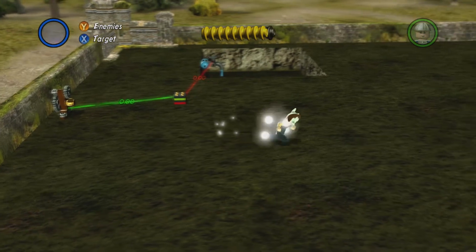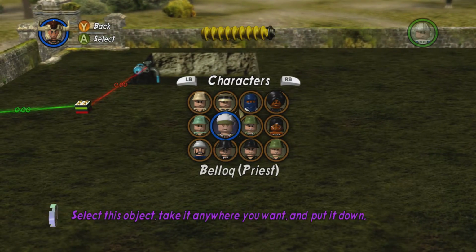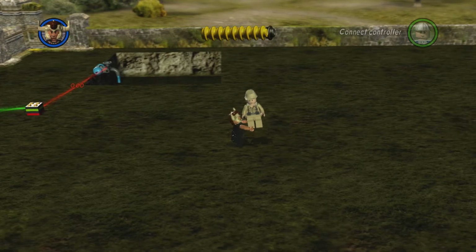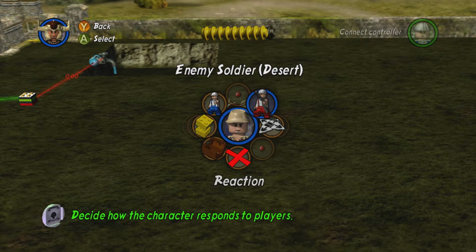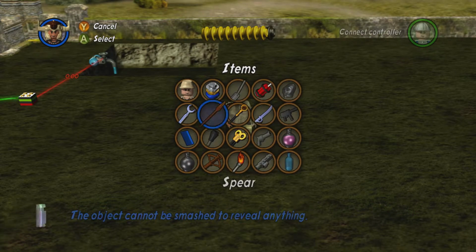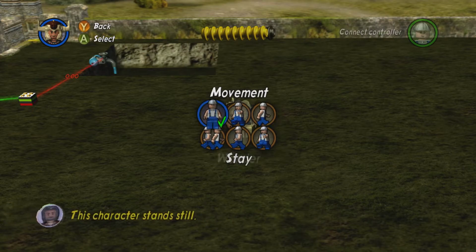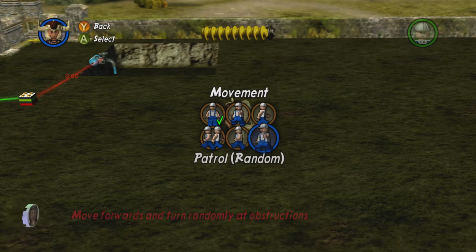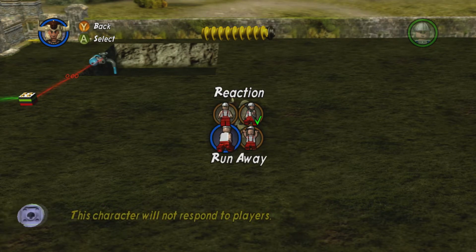Let's try to switch over to Molaron really quickly and put down a character. Let's put down an enemy soldier. And can we give you a key, maybe? Movement, reaction, items, here we go. Alright, so we're going to give you a key. And movement. We can change the movement. Wander. Patrol randomly. So you can do that, and the reaction would be to...